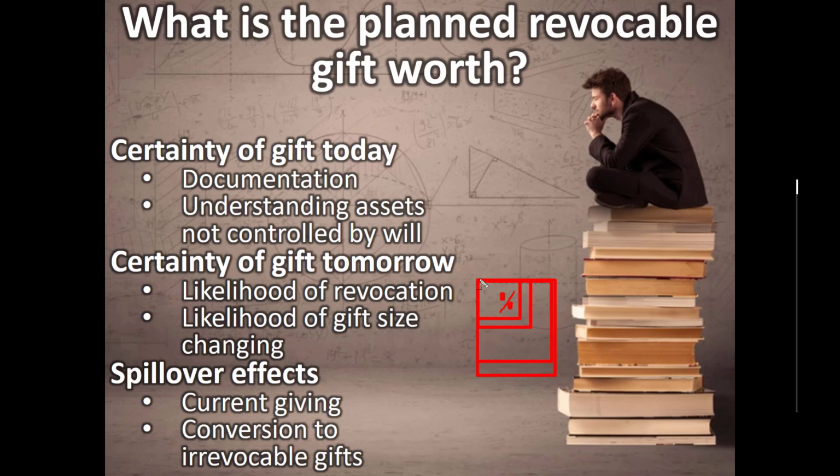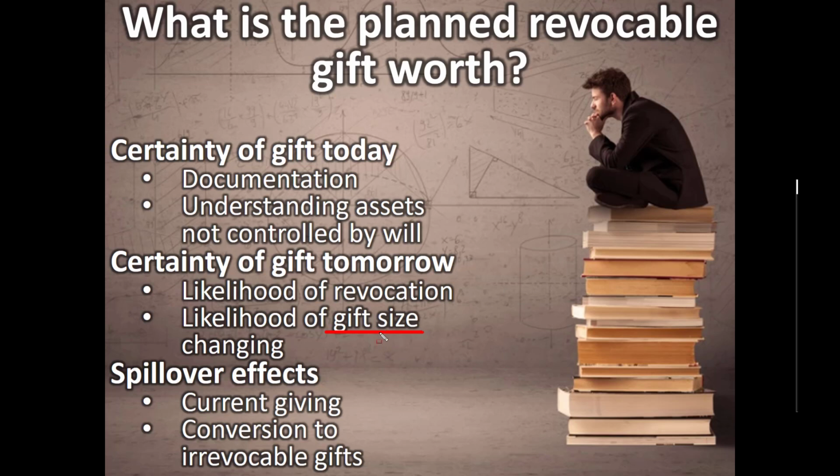Or maybe that estate gets larger and larger and larger. And so this gift size changes. So in either case, we've got both positive and negative opportunities for a change in the gift size. Either changing the document or changing the size of the estate,